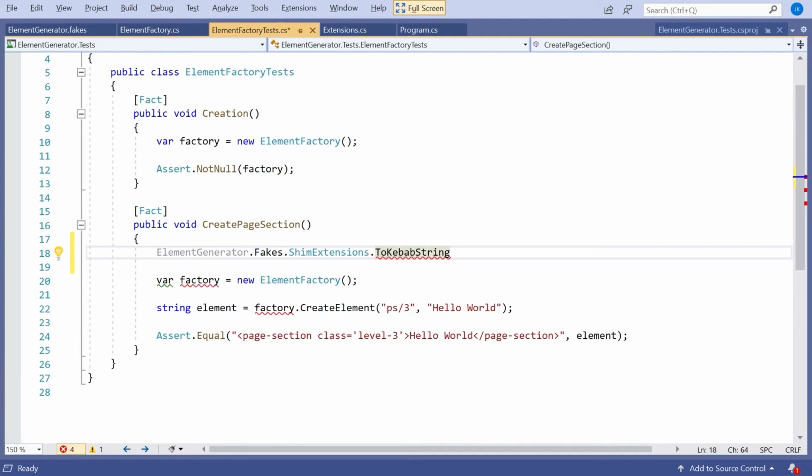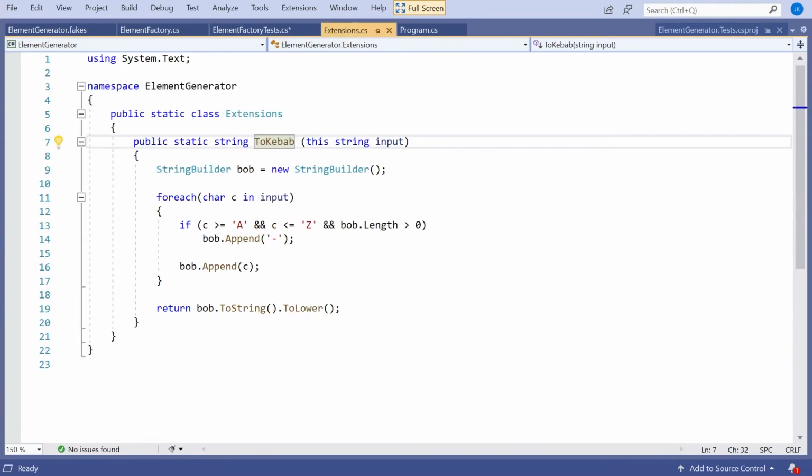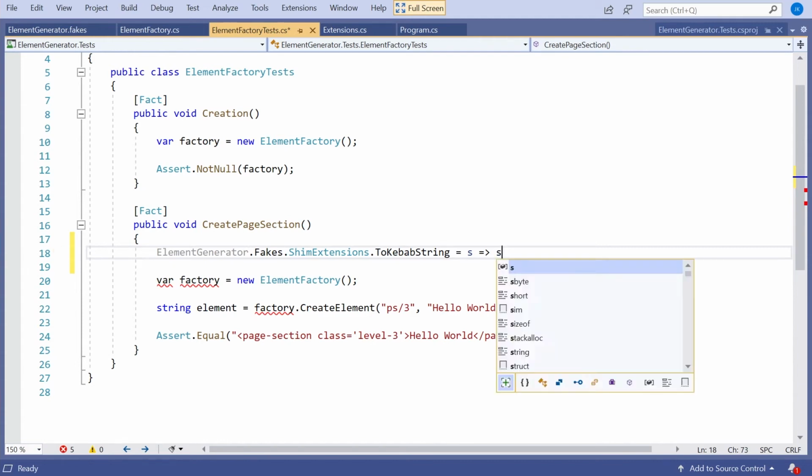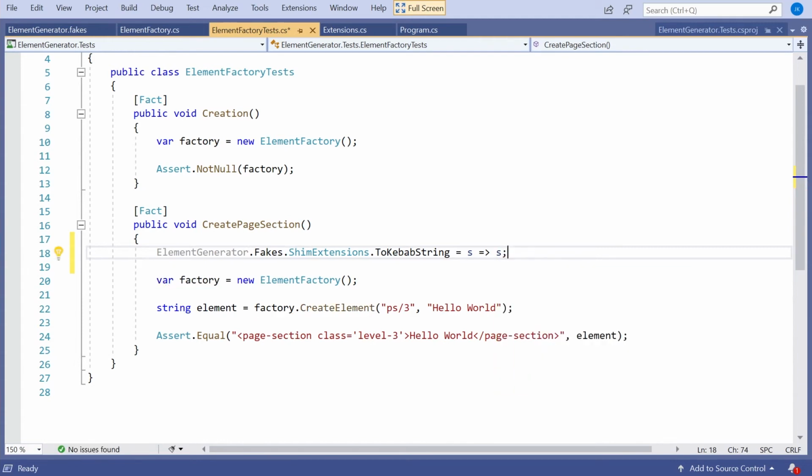And then at this point, we want to define the mock behavior. And we do that with a lambda, so we're going to say equals, and then let's just remember, if we take a look at this method, it takes a string and it returns a string. So what we're going to do here is just use a lambda s gives, and remember this is mock code, so it should do the absolute bare minimum, and the bare minimum it can do here is nothing at all. So s gives s. So we'll pass in the Pascal case, do absolutely nothing with it, and then therefore return the Pascal case. And that will mean, obviously, that our results are now different.